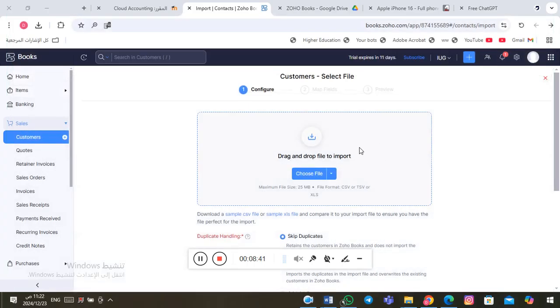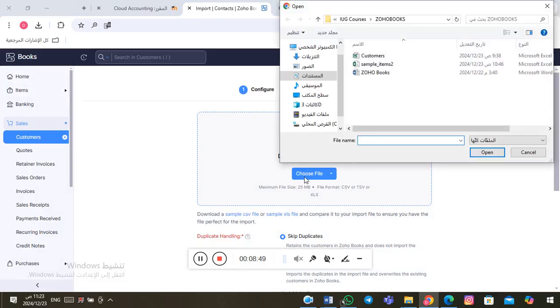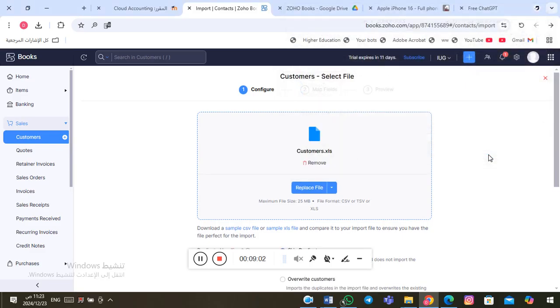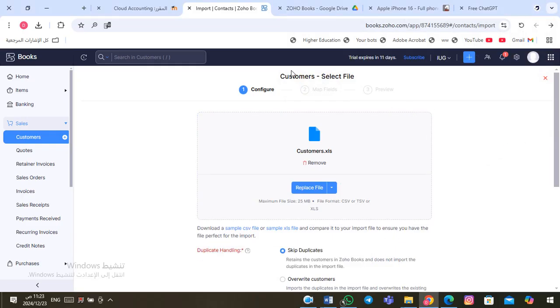Return back to the Zoho screen, and in this case you have to go to choose the file. Click here. In our example we have customers, so select this file and click open, and note the difference. Customers importing